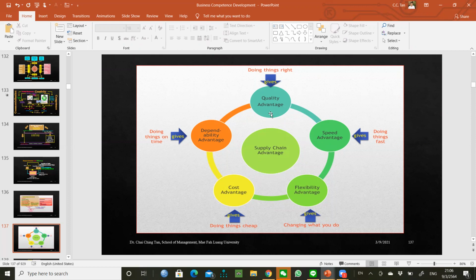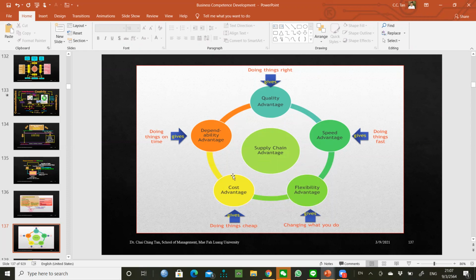One of them is quality. Okay, another one is speed. So you need to deliver quality products and services, right? And experiences. If you're talking about experience, maybe in tourism or hospitality or food and beverage industries, those are all quality, right? And the second thing is speed. How quickly you're going to deliver, that speed advantage, and how flexibly you deliver, and the cost advantages that you have, and whether the customers are able to depend on you to deliver on time whatever they expected and wanted. Okay, and so these are the 5 generic operations performance objectives.